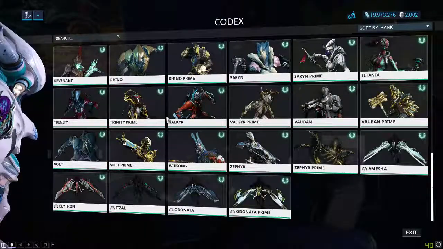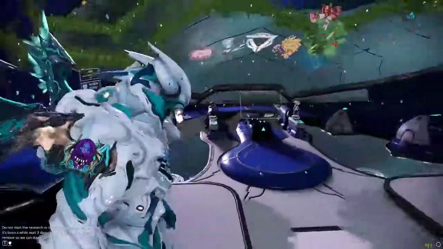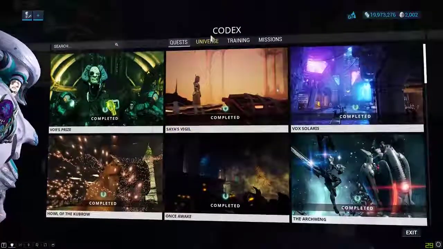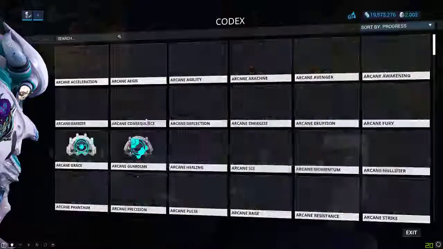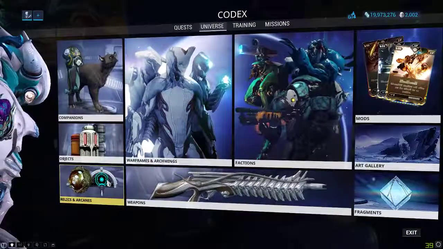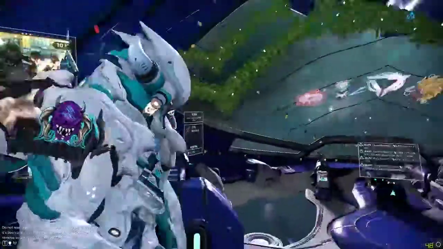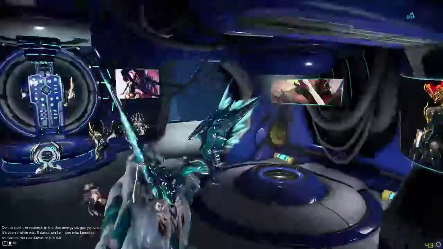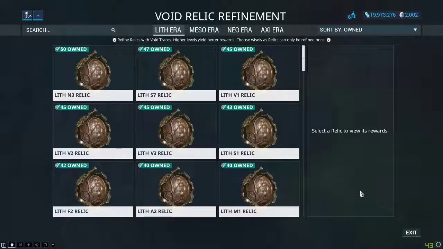Note also, as a small tidbit, most frames have these things called Primes. You can only get Primes by getting the relics for them. Relics are basically the new version of keys, and you can farm relics from doing endless missions. I'm sorry. I'm going to show you where you can get those relics. This is going to be a long guide, by the way, guys. Sorry. But you can farm relics from doing endless missions